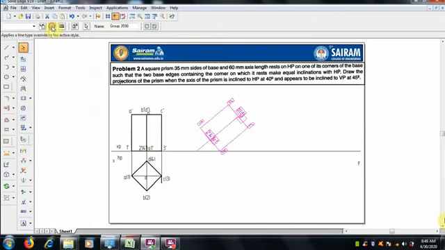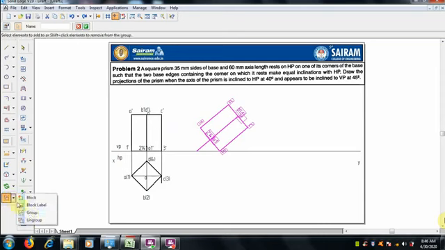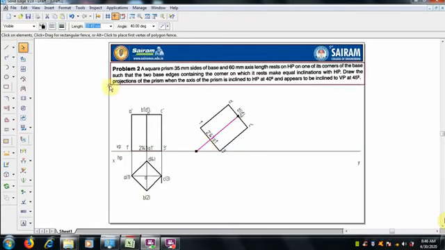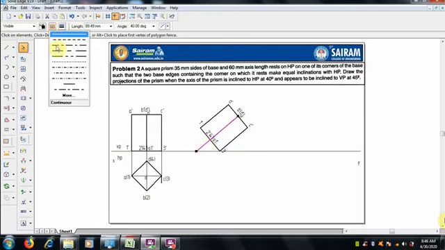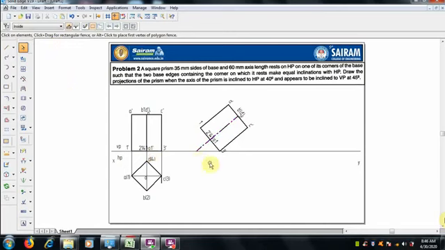Select, extend that, and let me make a center axis now. Select only that center line and ungroup it for selecting that particular line.